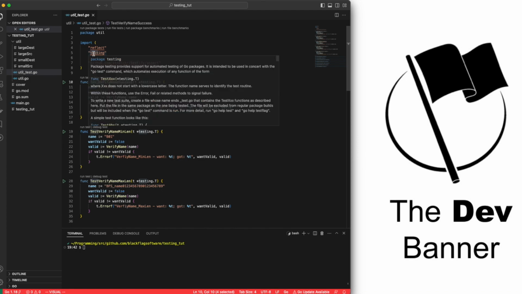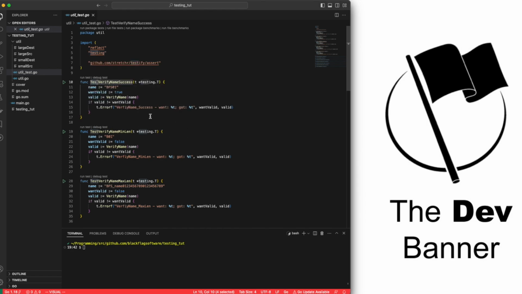But the testing package from the people at Go provided this suite and functionality of testing. So as long as your function name starts with test and it more or less says what you want to do, and it takes in a pointer to testing.T, then the testing tool will run this test. And so you'll see that this verify name,